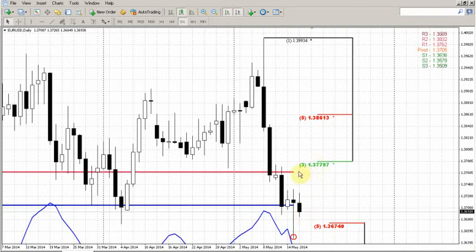Another significant moment here is weekly pivot resistance one. Since on the weekly chart and on the monthly chart we expect, and in fact have, a bearish setup, we will use weekly pivot resistance as the indicator of the trend strength.